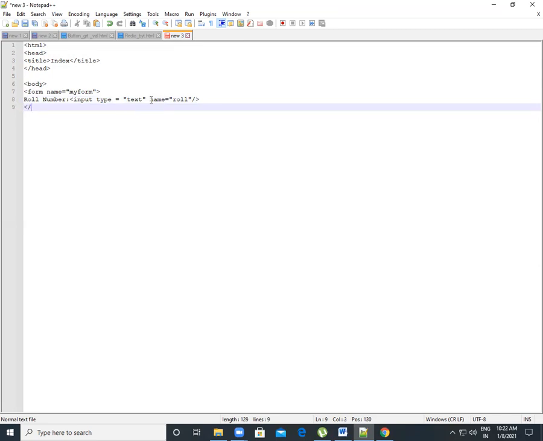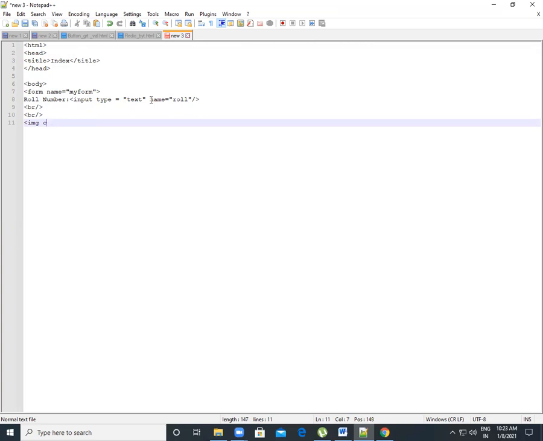Next, we will add two line breaks. For that, we use our break tag. So we give two break tags to break the line, and now we use the image tag.